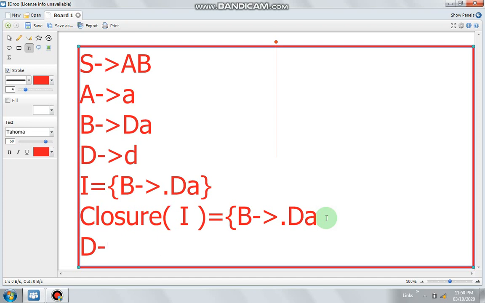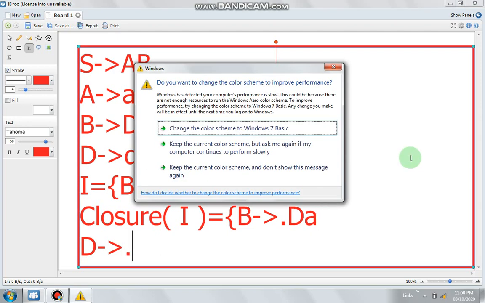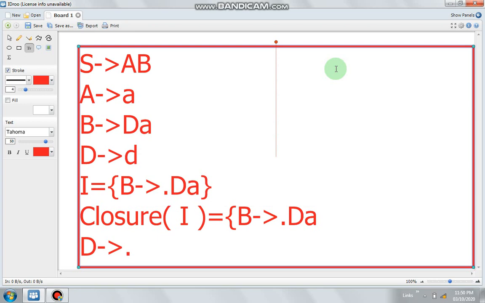That means D derives dot D. Because this LR0 item is already in I, I have included this item as it is.